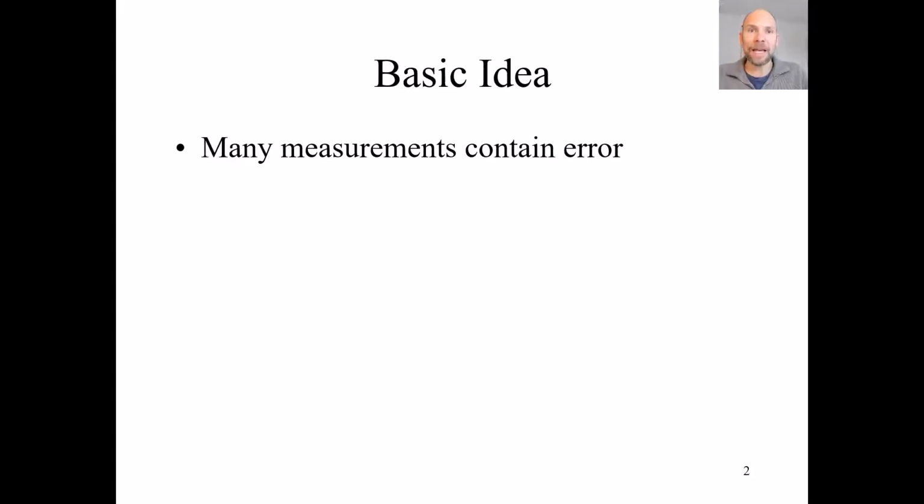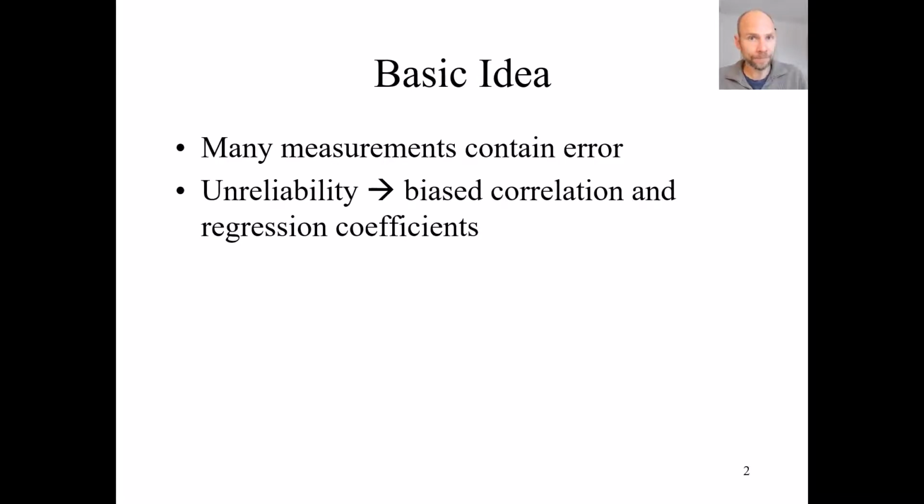The basic idea behind structural equation modeling is that most, if not all, measures that we use in the social sciences, such as questionnaires, items, tests, ratings, and so on, contain measurement error, or in other words, they are not perfectly reliably measured. Not all of the variability that is captured with our measurements reflects so-called true score variance or reliable variance. And so this can cause problems for statistical analyses, because we know from measurement theory that unreliability or